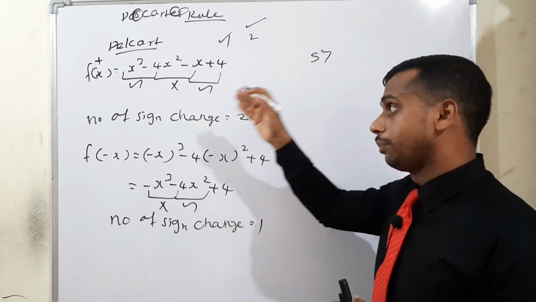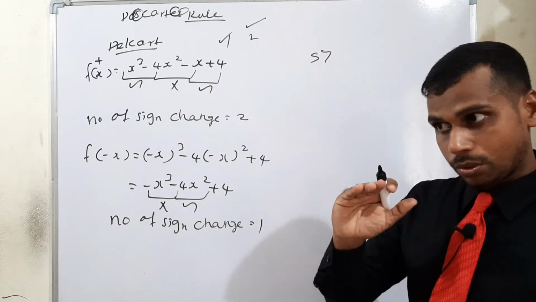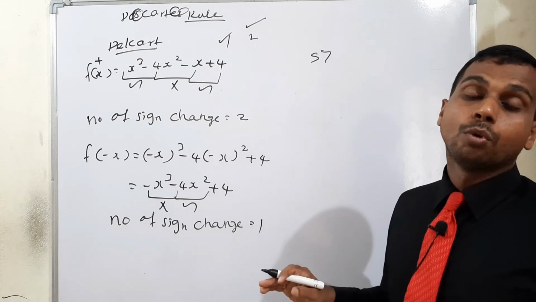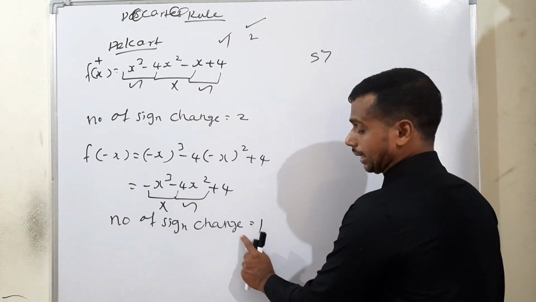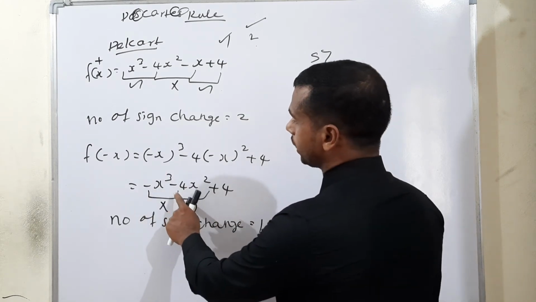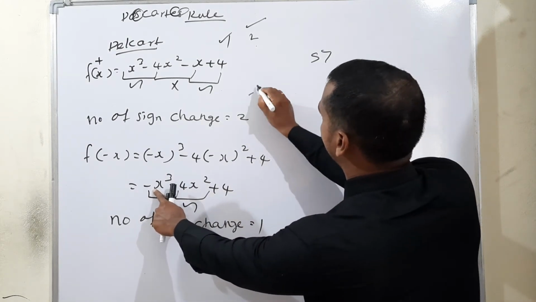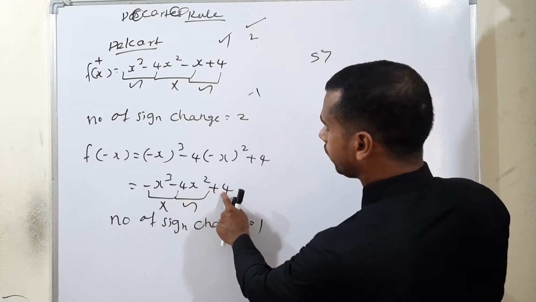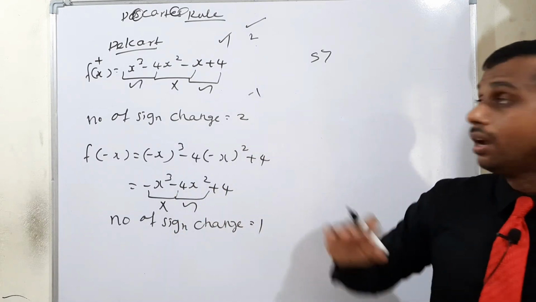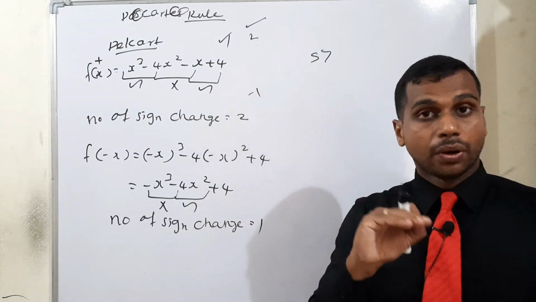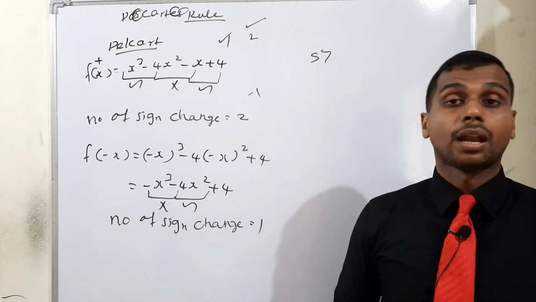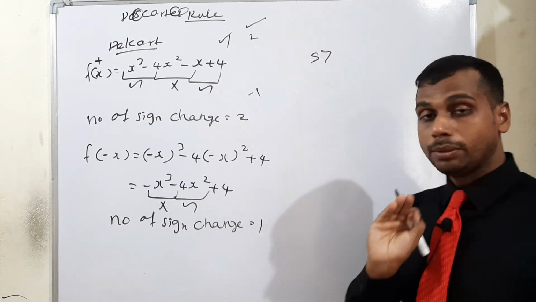The same concept applies to negative roots. For the negative real roots, the number of negative roots cannot be more than the number of sign changes. Here look, how many negative roots are there? Negative 1 is there. Here also, comparing, positive 1 and negative 1 are there. So from these two concepts, the number of positive roots cannot be more than the number of sign changes. That is one of the important statements.